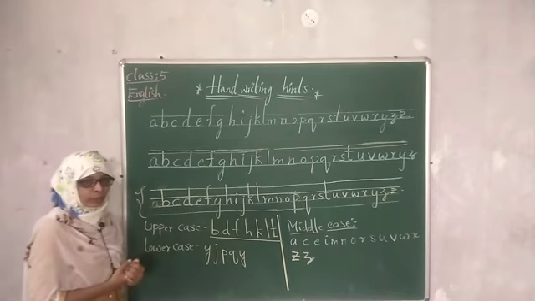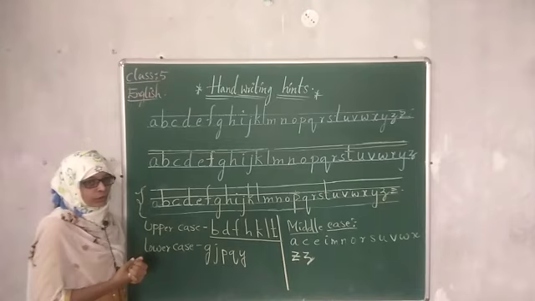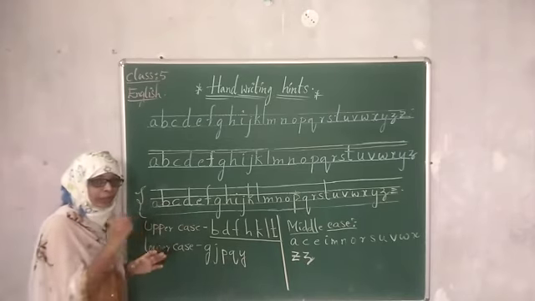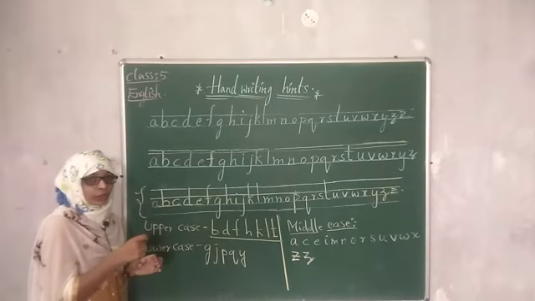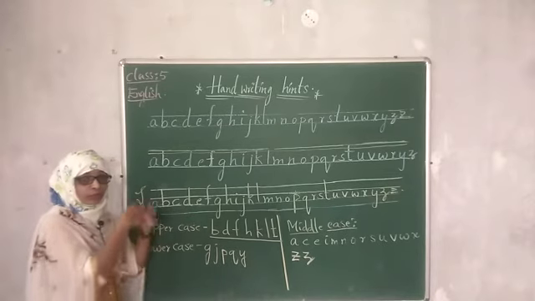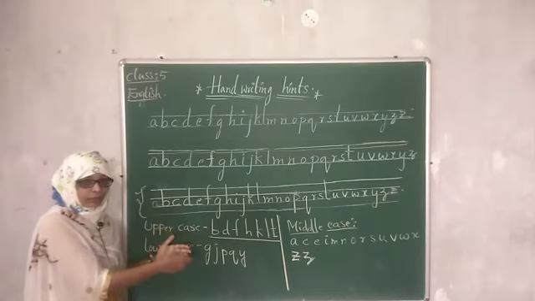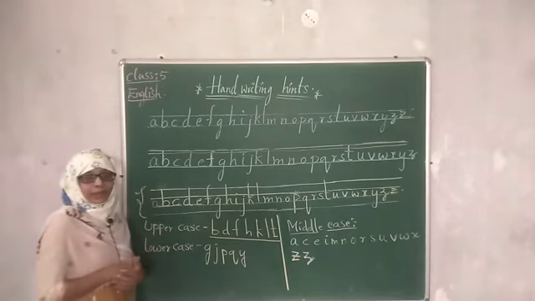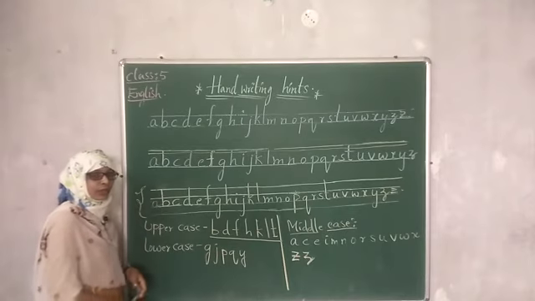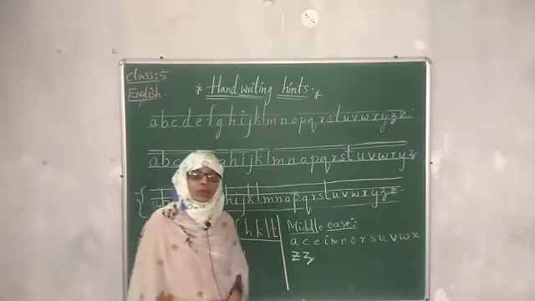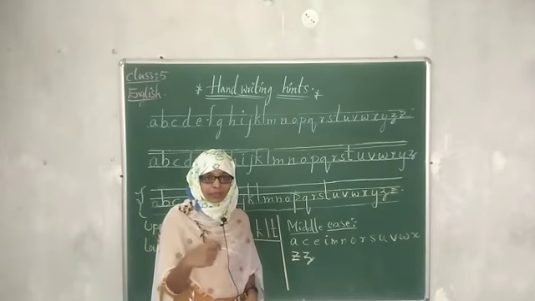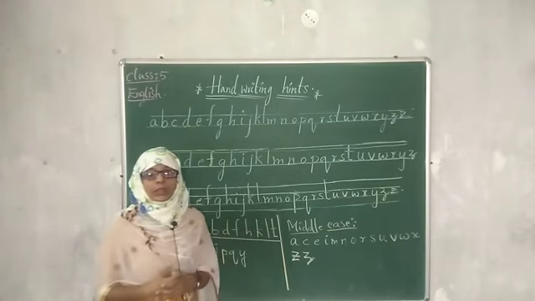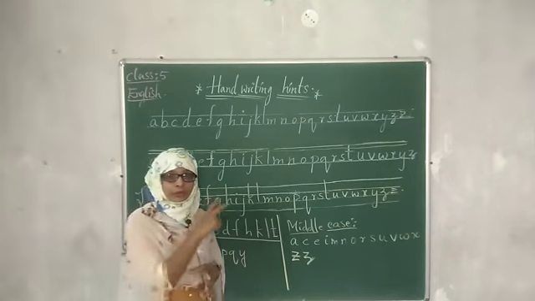Understood this? I hope you will follow these rules. What you all need to do is identify these uppercase, lowercase and middle case letters, and while writing keep in mind which letters must reach the upper line, which letters must reach the lower line, and which letters must lie in the middle line. I hope you have all understood, students. While writing, you have to maintain this: which letters reach the upper line, which letters you write in the lower zone, and which letters should be in the middle zone.